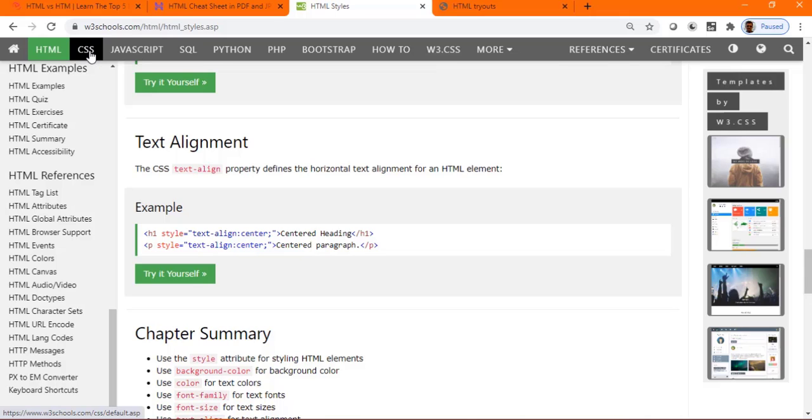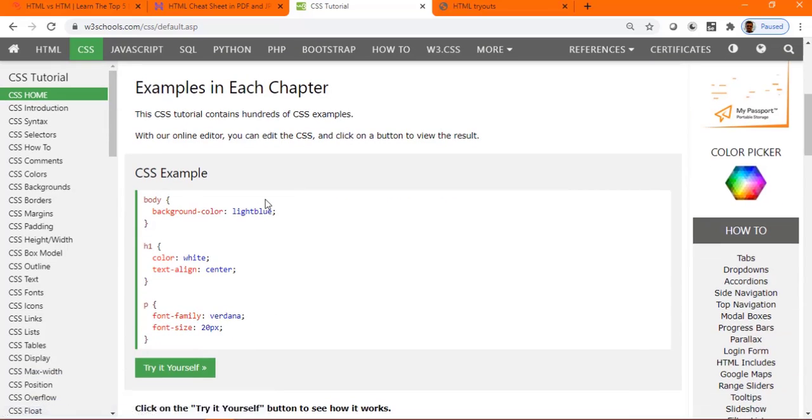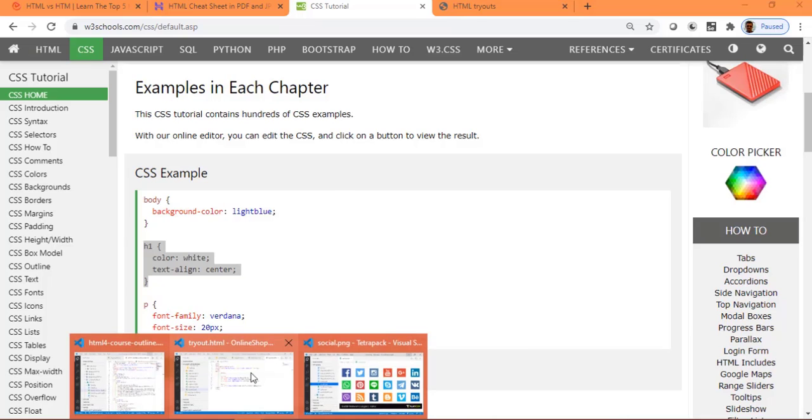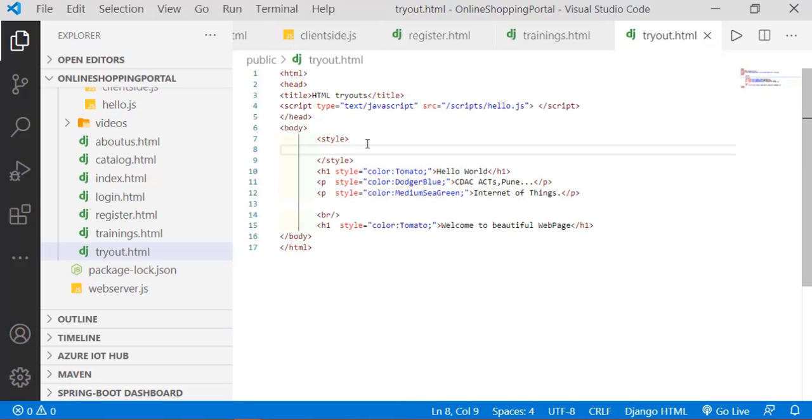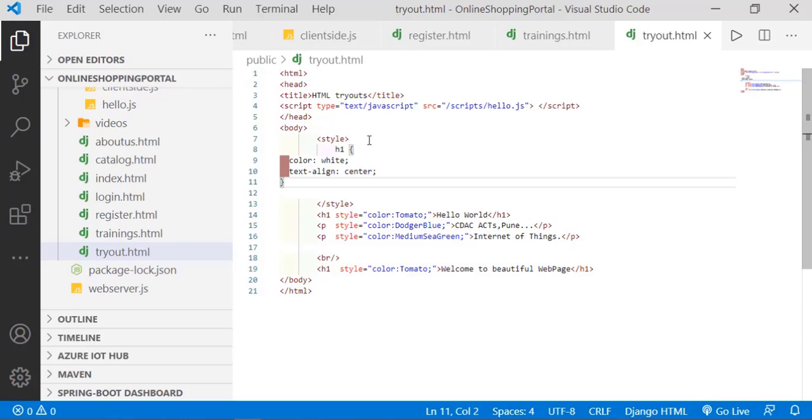So as I said, you just do one thing. The kind of style you like to apply for your H1, go back into your code, and whatever style you write under that style, you just define this information. So wherever you find an H1 element, for all H1 elements, I want the text to be center aligned, or I want the text color to be changed. What is the color you'd like to apply?